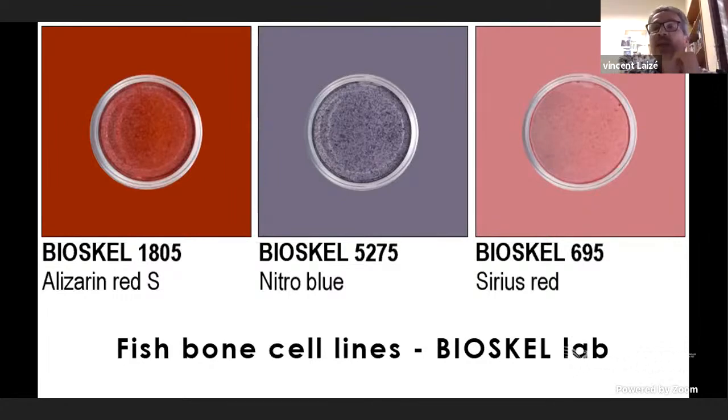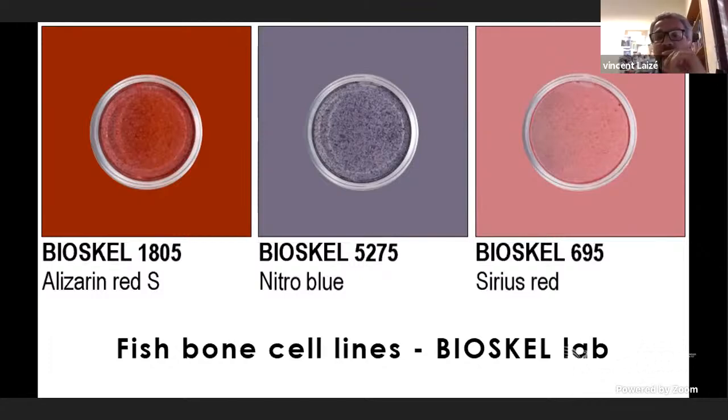So why are we interested in fish cell lines that are derived from bone tissue? It's mostly because fish have been increasingly used in the last decade to gain knowledge on the mechanisms underlying bone formation and mineralization. And among these fish, I would like to make a distinction between the small teleost, such as zebrafish and medaka, that have been used to model human skeletal disorders, such as osteoporosis, osteopenia, and to study the disease mechanisms of these